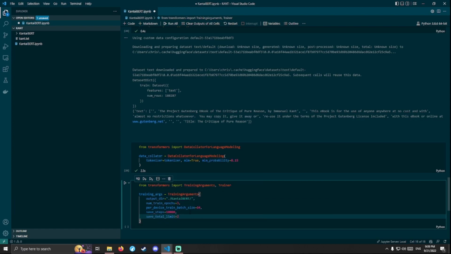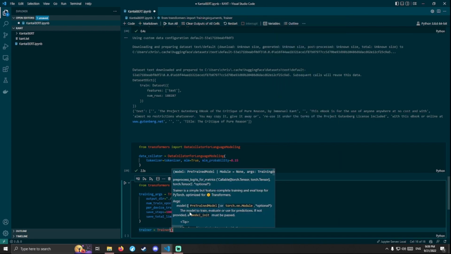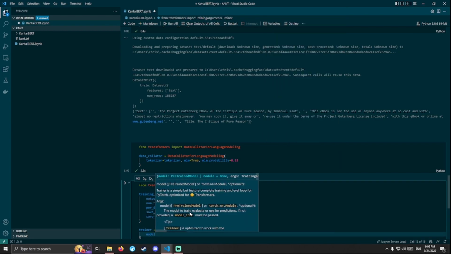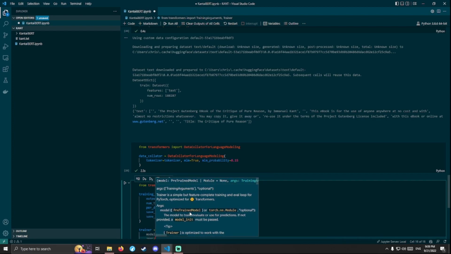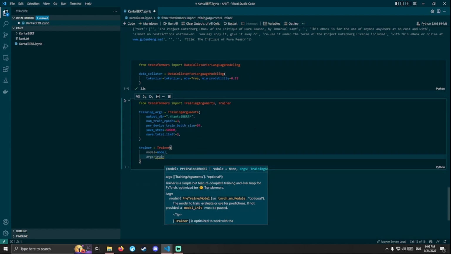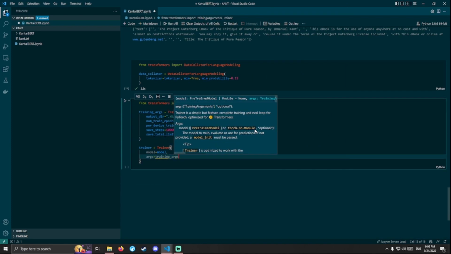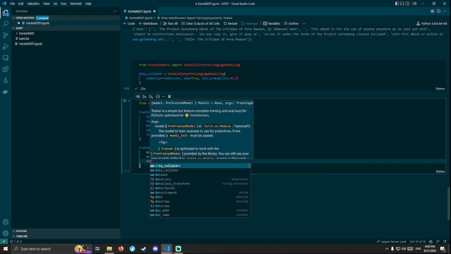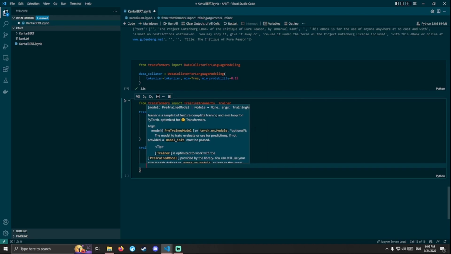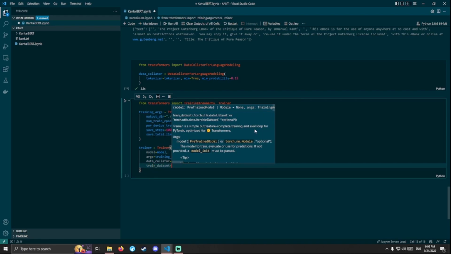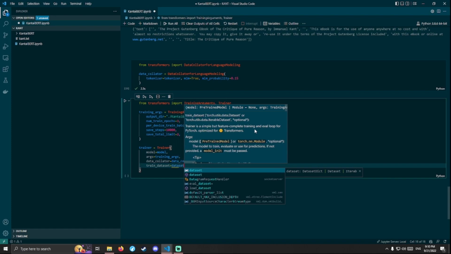Save total limit equals 2. And then let's write our trainer. Model equals model. This is our RoBERTa model. Args equal training args. Let's scroll down so I can actually see this. Data collator equals data collator. This is why I'm naming things the way that I am. And train dataset equals dataset